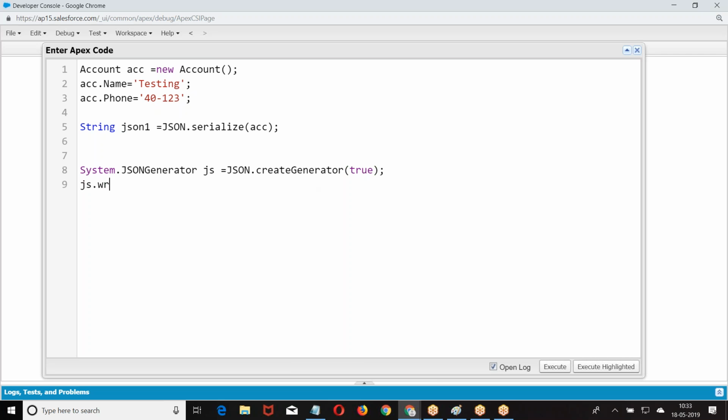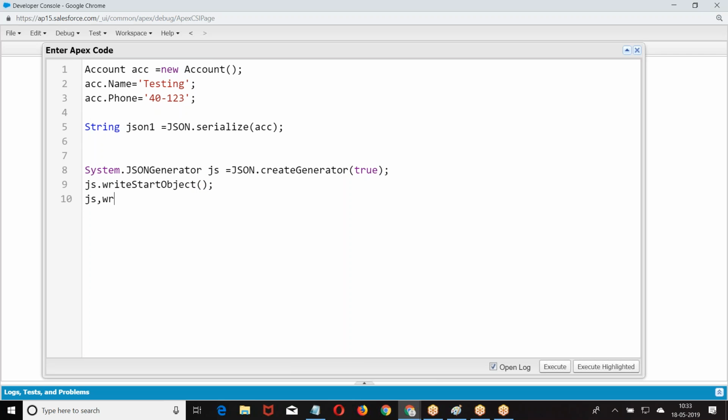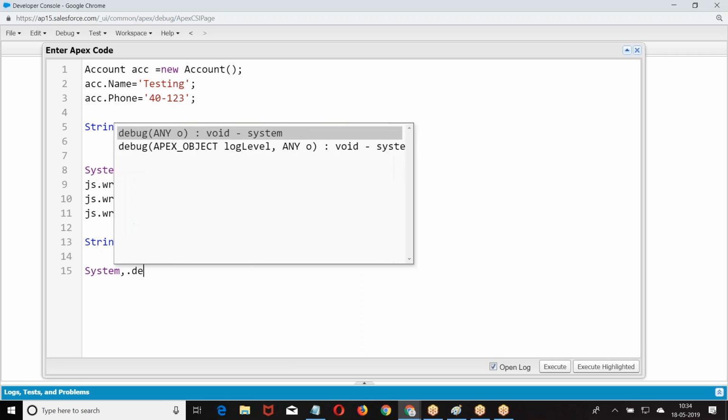Now JS dot ACC. Then I'm getting here. Now I'm giving